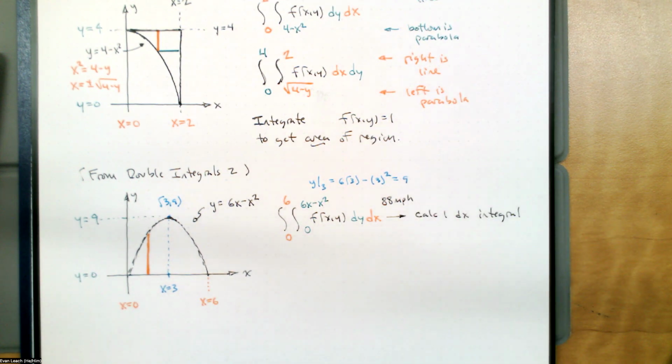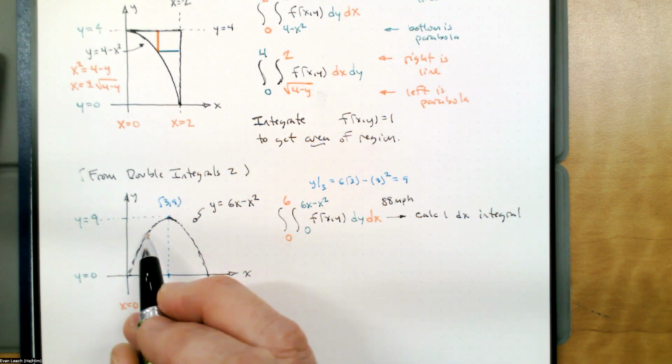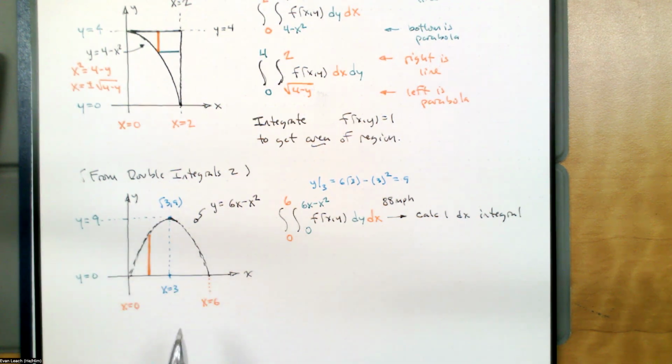So this one is the time machine back to the Calc 1 dx integral. The dx dy integral requires us to describe the two sides of the parabola, and that means we need two different functions. In this case, the bottom was the x-axis and the top was the parabola. But when we integrate the other direction,